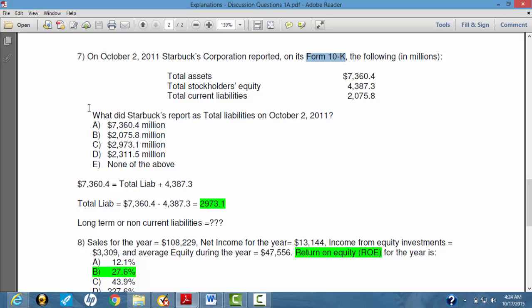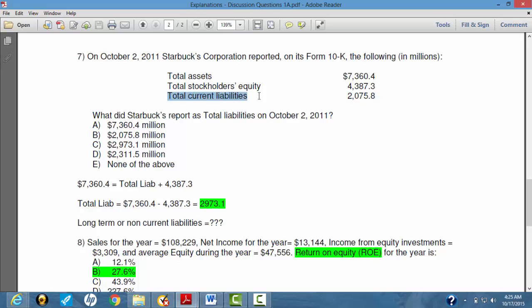Now, Starbucks reported total assets of $7360.4. Total stockholders' equity of $4387.3. Now, the liabilities information provided is total current liabilities, which is